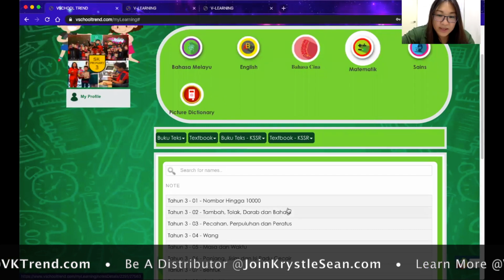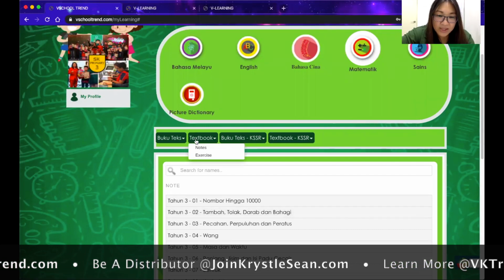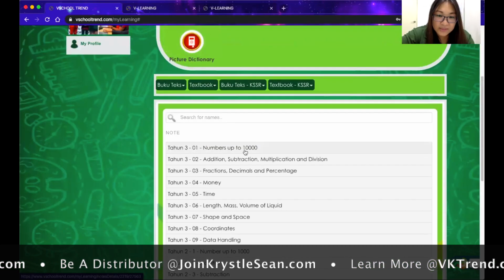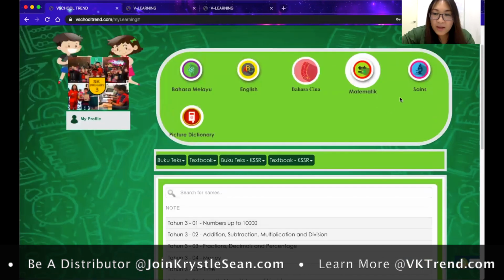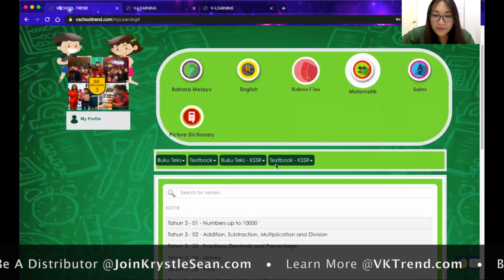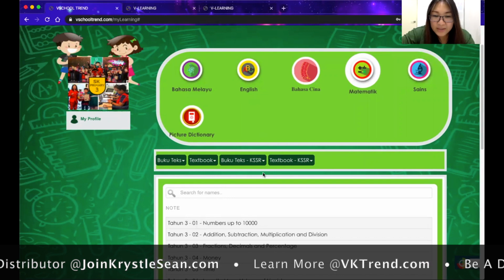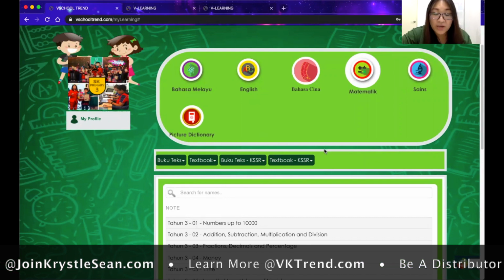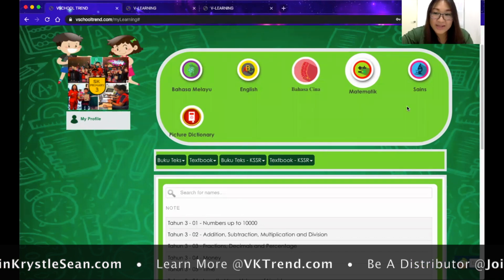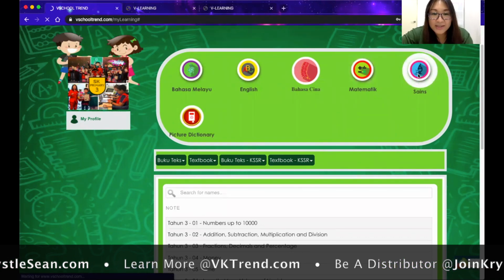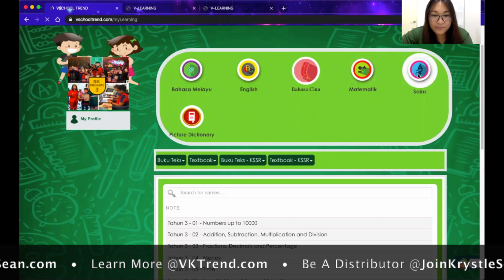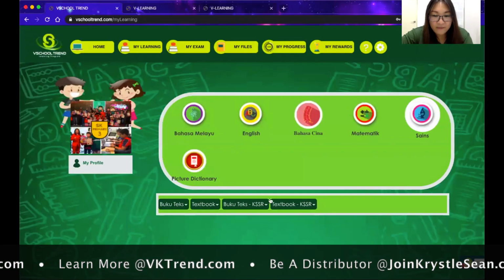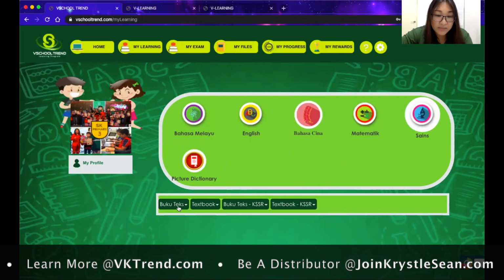So number hingga 10,000, and then when you click here textbook, notice it's numbers up to 10,000. And then this over here, you'll notice is actually the all textbook, which is also provided for your child to actually have additional exercise. And then science is similar. They also have dual language, which is in Malay and English.